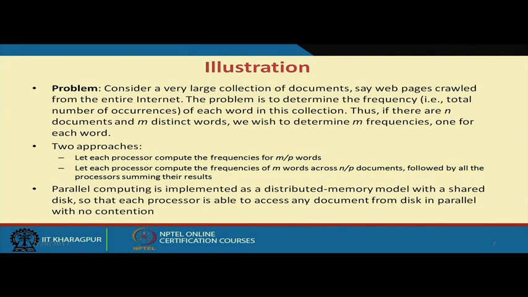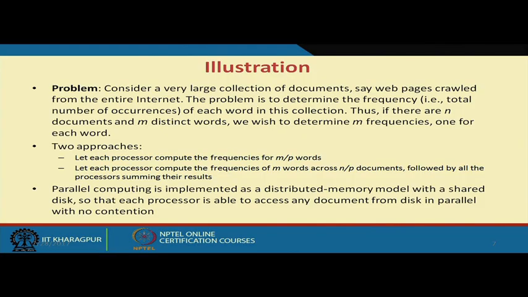So, the other way: let each processor compute the frequency of m words across n by p documents. Say the total number of documents is 10,000, the number of words I am looking for is 90, and the number of processors is 10. So 90 by 10 is 9 words on average given to every processor, and they